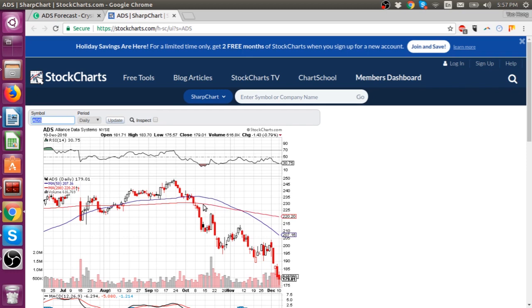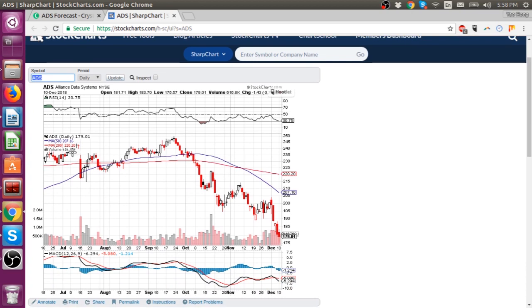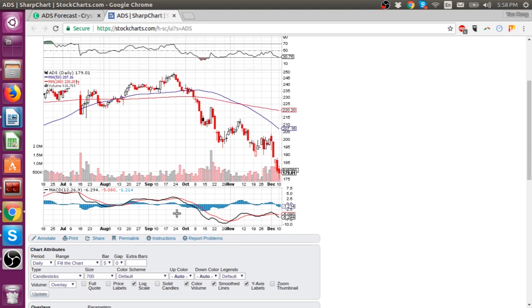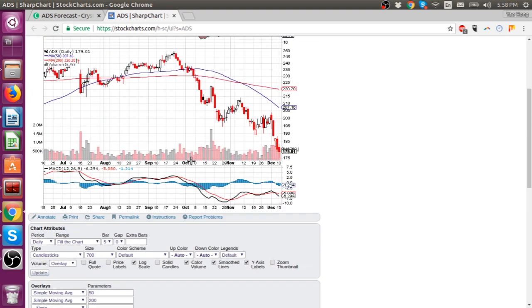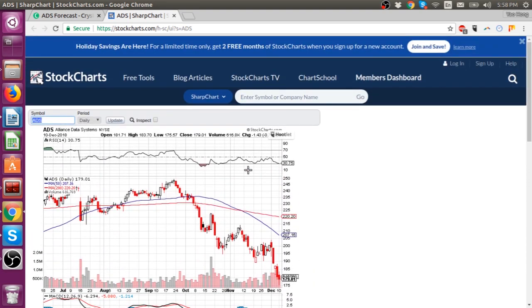In this chart, we will be able to see the RSI here, and this is the stock price as a candlestick plot, and then you also have the MACD down here. So let's begin and talk about RSI. The RSI is categorized as a strength or weakness indicator,